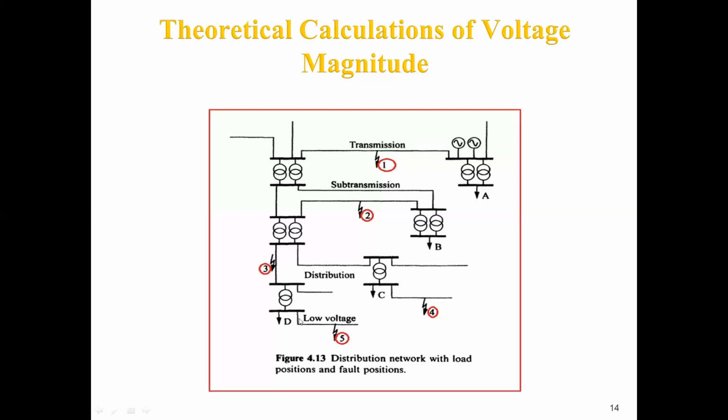Because it is very near customer D, there is a deep sag for customer D, and customer C, whose distance is somewhat near, will have a shallow sag. Whereas again, because the fault is here, B and A will have almost null or minimal effect for this fault at location 4 or 5. Okay,